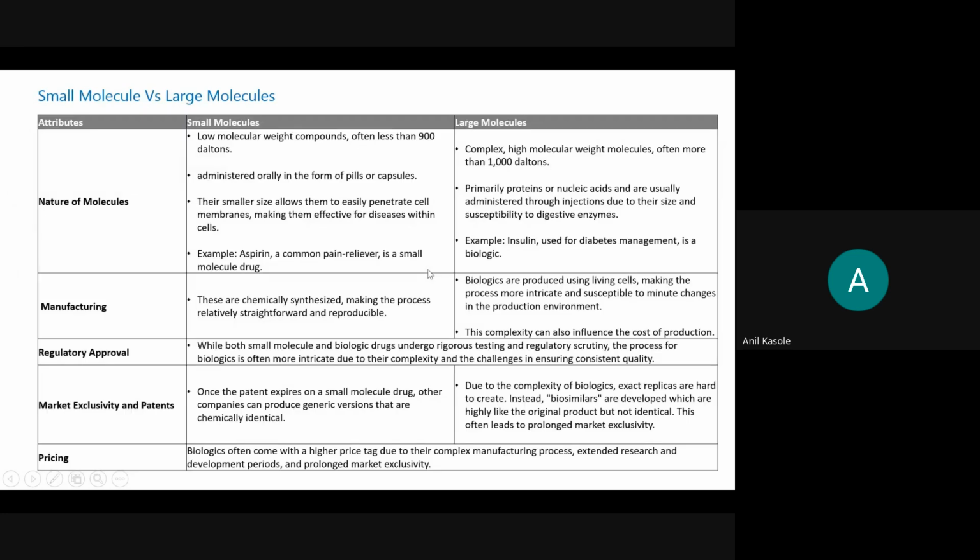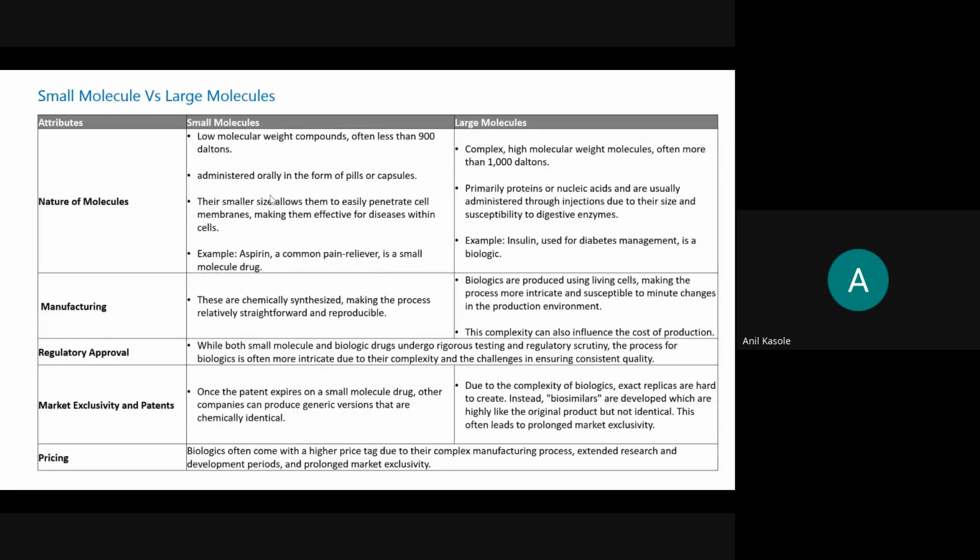So there's nothing to do with much here. And here you can see this is very important for us to understand quickly. Now we saw the API, formulations and injectable, right? So there are two different types of drugs. They are also called molecules, right? If we refer to pharma, we always have small and large molecules. So there is always a debate. What is a small molecule? What is a large molecule?